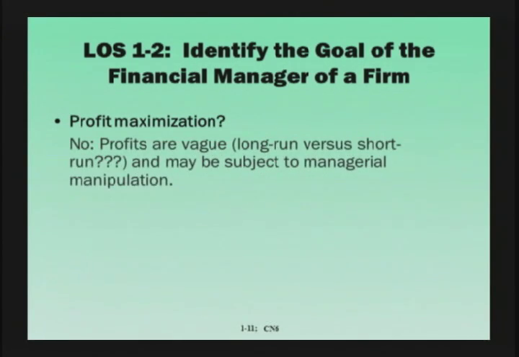Okay. One is that profits are vague. Are we talking about maximizing profits over the next year, or the next 5 years, or the next 25 years? And it's also the case that profit is simply typically the net income number from the income statement. And the profit or net income that a firm generates could be subject to some degree to manipulation by management,